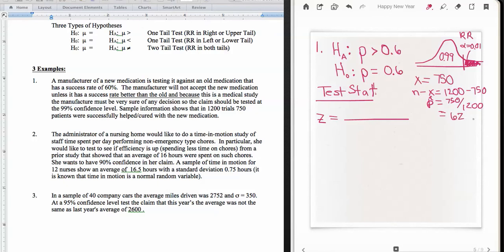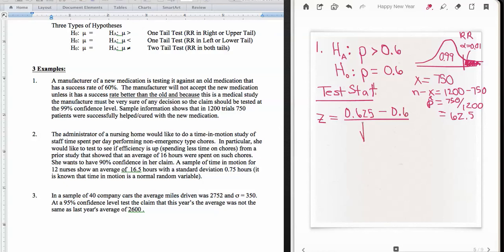So I'm going to use 0.625, because we should use these as decimals, minus the mean that's under the null hypothesis, the 0.6,